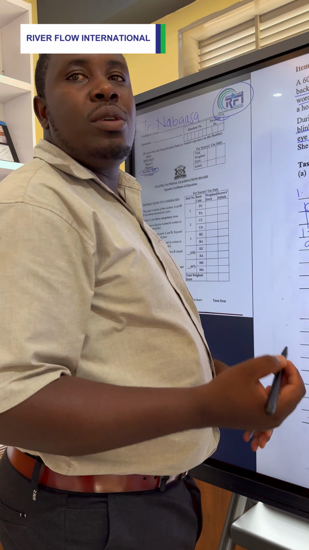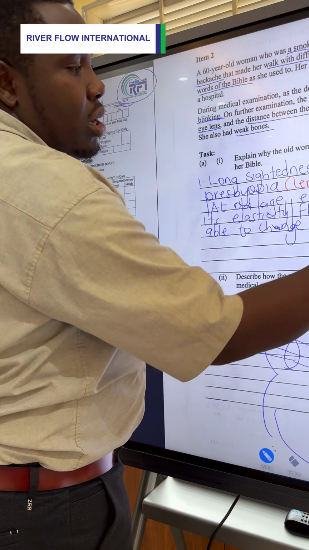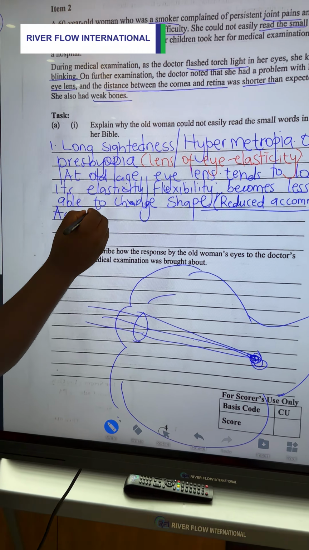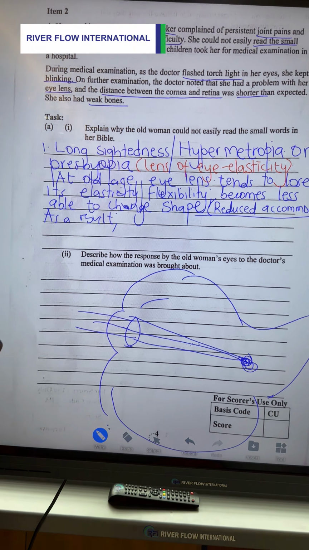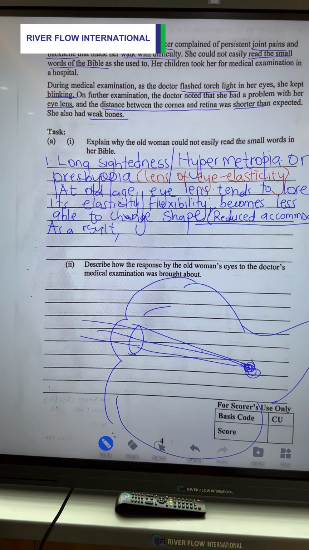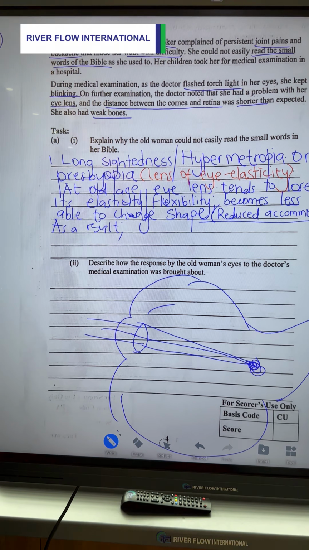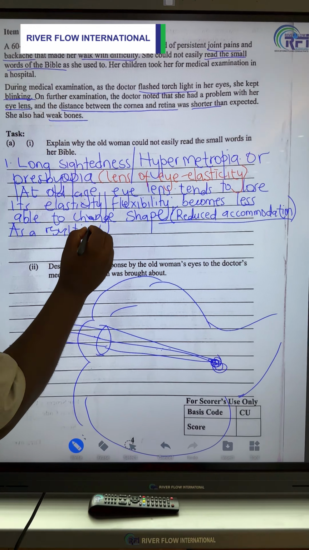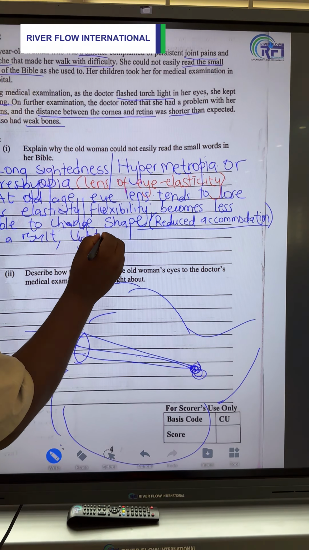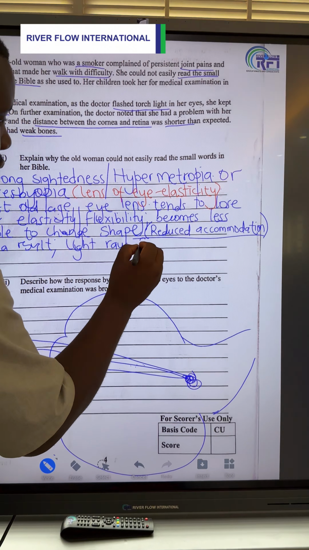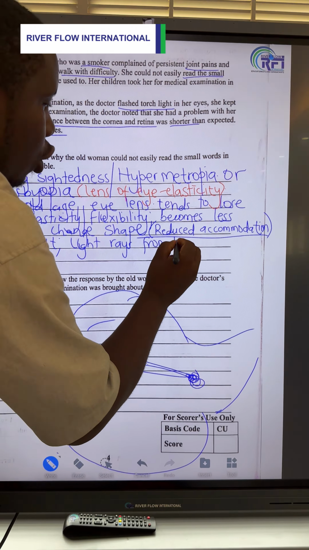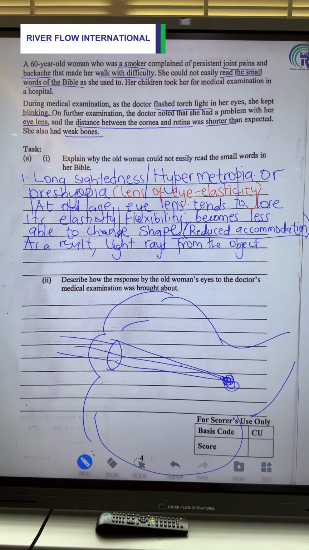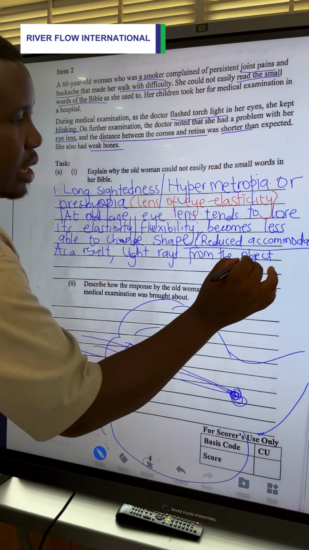This is a term that we can use here, but I didn't want to use it because we have people who are not conversant with the term. Now, as a result, what happens? When the lens is not able to change shape easily or be flexible enough, the light rays from the object are not sufficiently